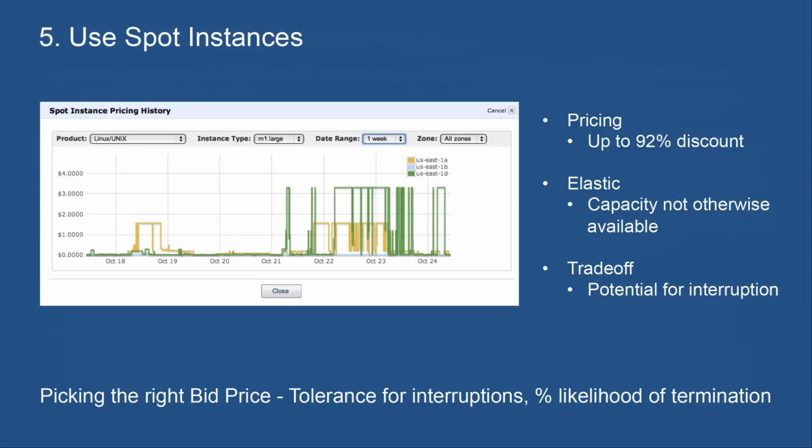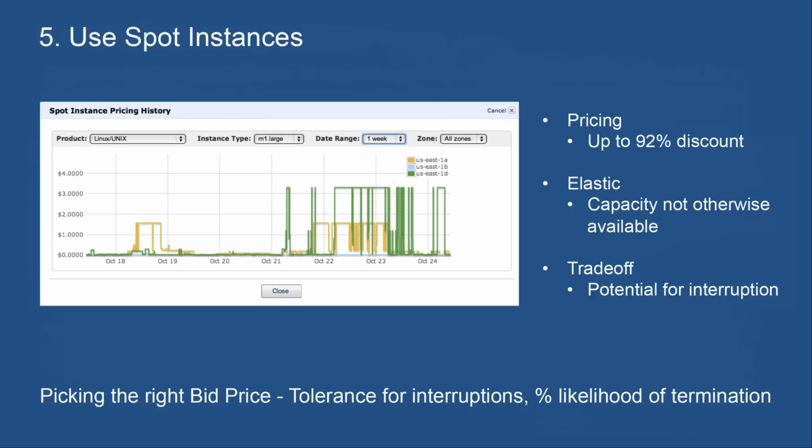And if your bid is higher than the current minimum bid price, you will be granted those resources. They'll be made available to you for you to run your compute workloads on until your reservation expires, so you've had as long as you want from those instances, or your bid is no longer above the minimum bid threshold, at which point those instances will be reclaimed from you.